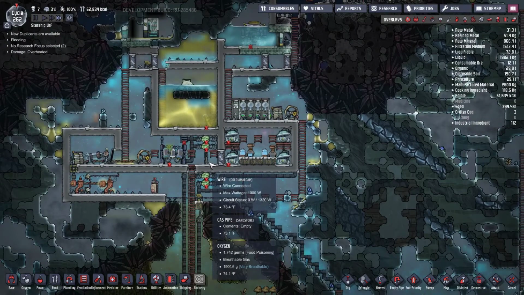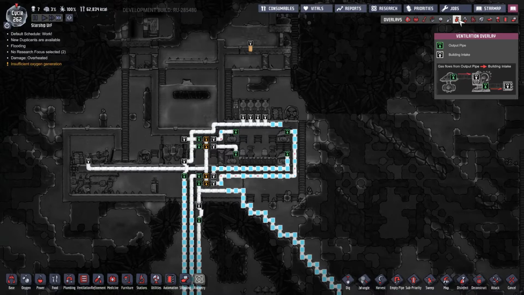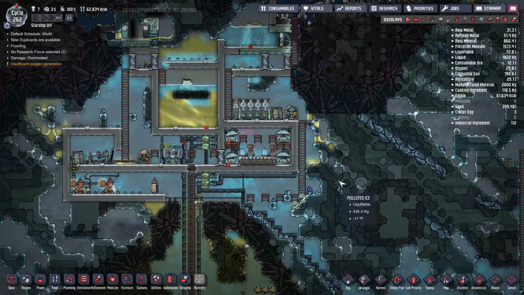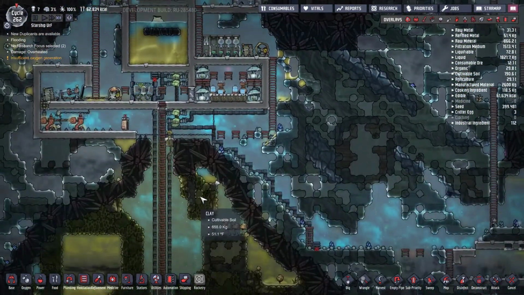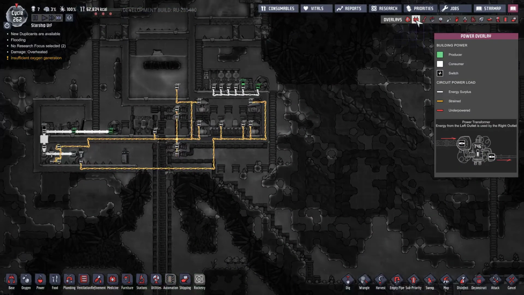This all ran out of, well, kind of ran out of power. Yeah, it ran out of power. I could set up a much more efficient oxygen system, too. I don't know that I need to, though. That's the thing. Once I get external power over here, it'll be working much better. Actually, let's take a look at our power overlay. We could...